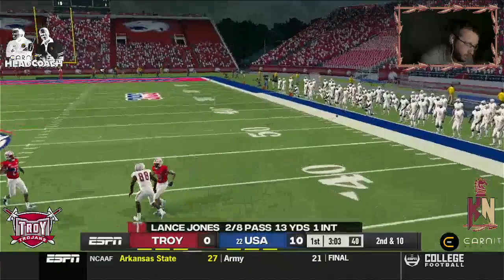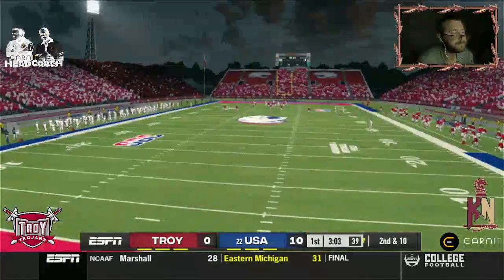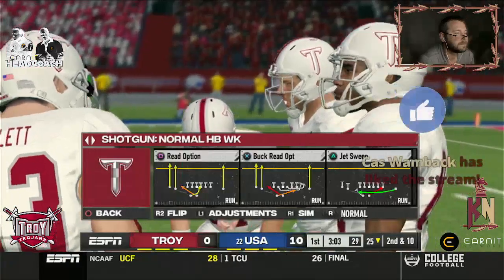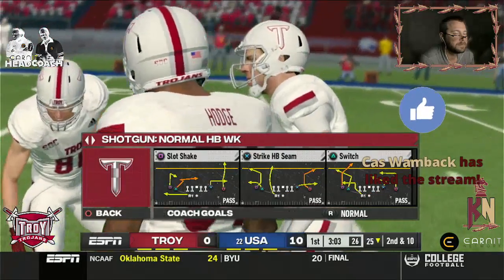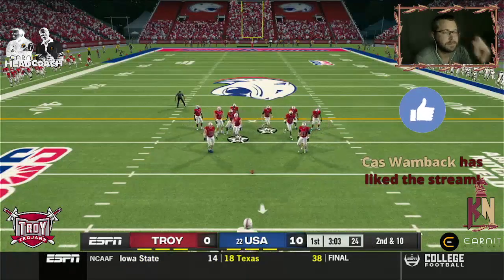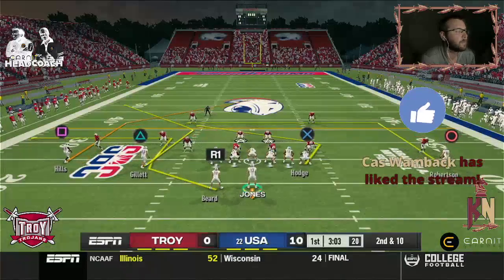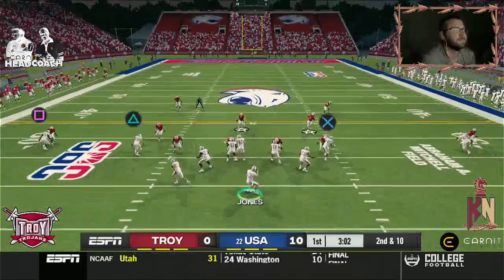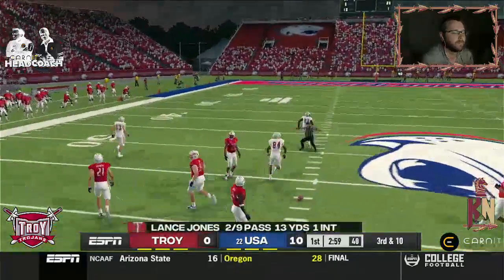Fires that quickly, incomplete. Well, he tried to thread the needle with that pass. Well, here the quarterback makes a poor decision throwing into coverage. Needs to look at his progression and find the second and third receiver. You like that? Second down and 10 to go. Ball on the 25. Fires incomplete. He was looking for the...